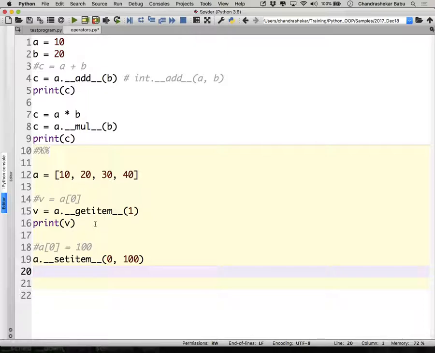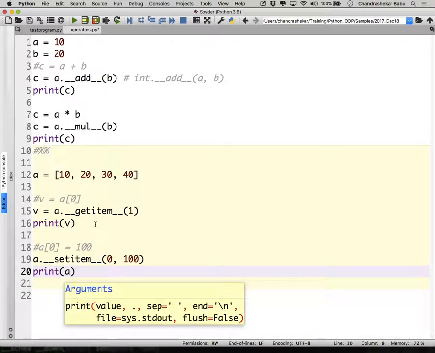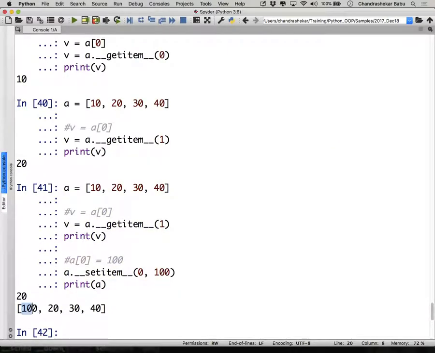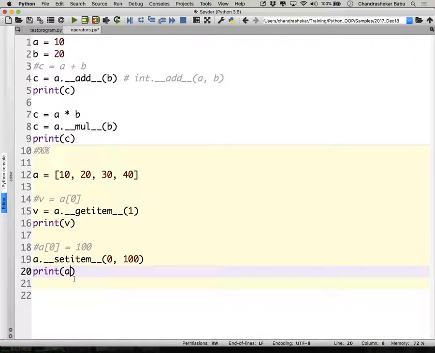This assignment gets compiled to this particular statement below. As a proof, just see this, print of A after this. See the result, 100, 20, 30, 40, right? 10 became 100. Any questions? Doubts so far with this?